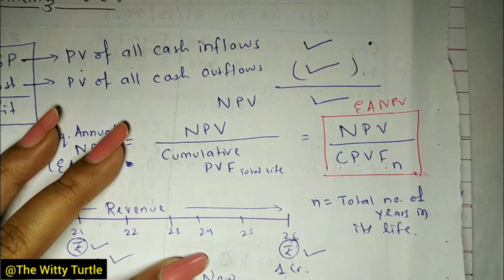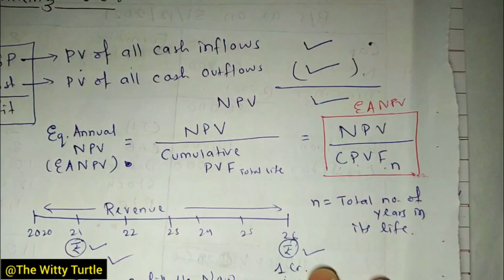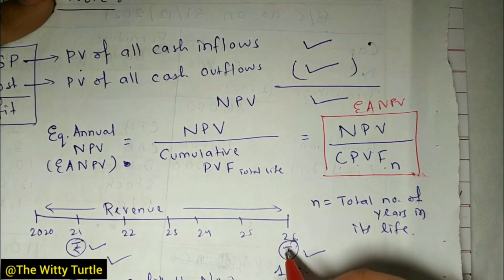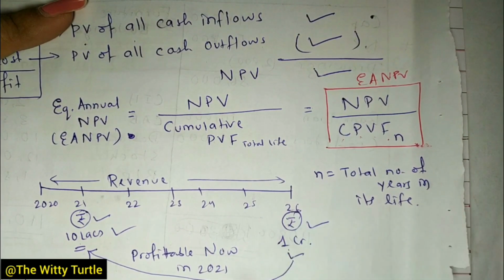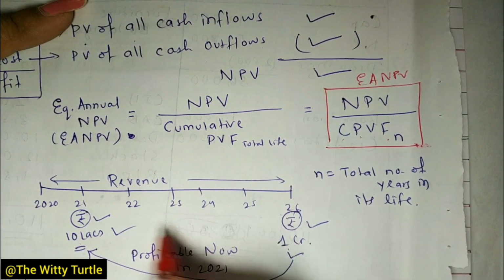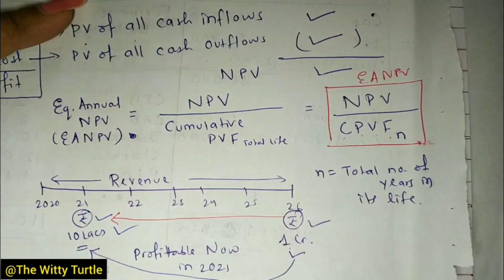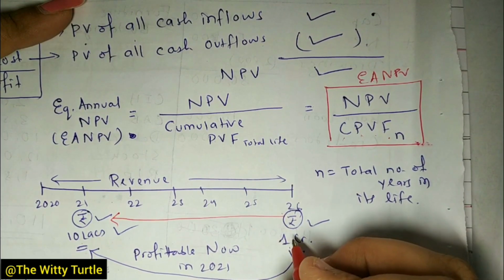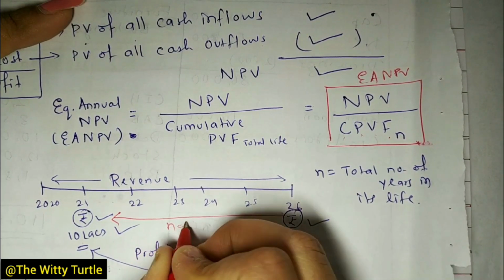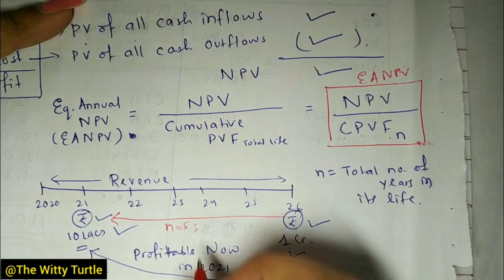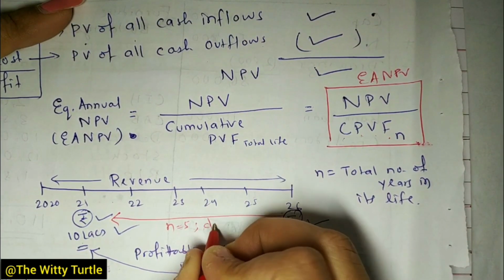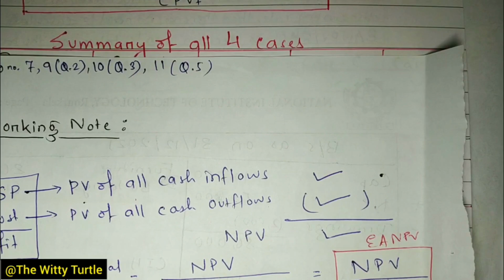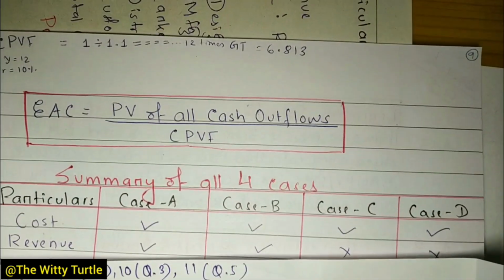For example, इसका मैं एक simple सा formula I'll tell you. For example, your discounting rate, मतलब 2026 में whatever revenue you are making, you have to convert that for 2021. So how many years are there? 5 years. So in these 5 years, your number of years is 5, and here your discounting rate is given as how much? Discounting rate is given as 10%, for example. So इसके लिए फॉर्मूला क्या है पता है आपको? इसके लिए फॉर्मूला है